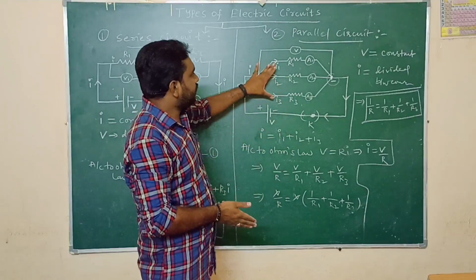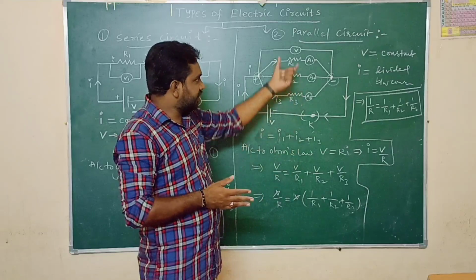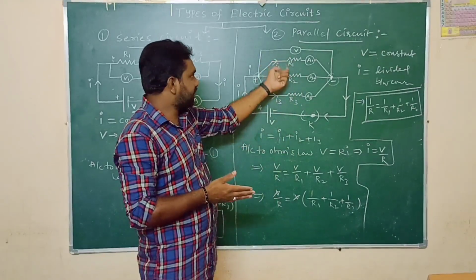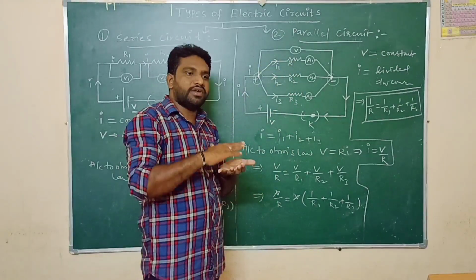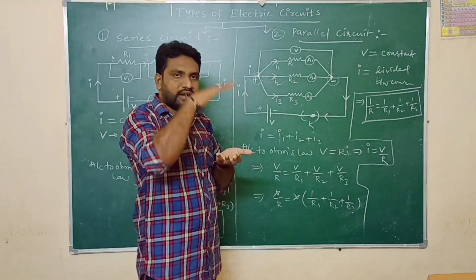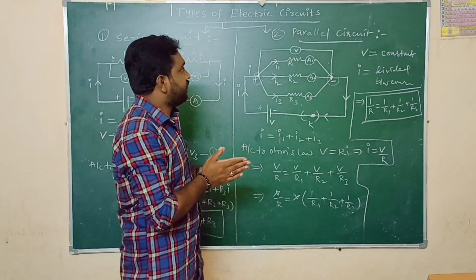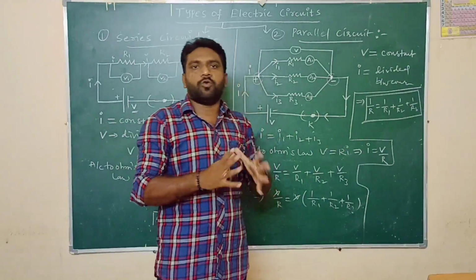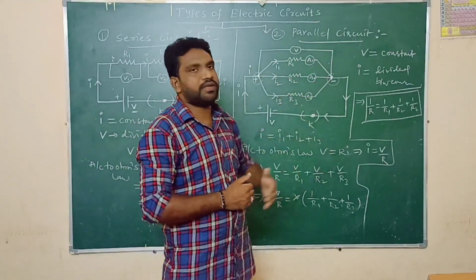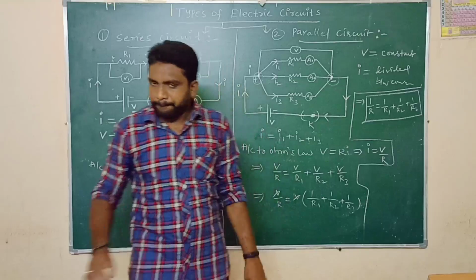reduced. So here, according to the laws of resistance, we know that when the cross-sectional area is more, if we connect the resistors in parallel, the cross-sectional area of the total conductor is increasing. So when the cross-sectional area is increasing, the total resistance of the circuit is decreasing. So that's why if we connect the resistors in parallel, the total resistance of the circuit is going to be decreasing. So that is the reason for that. Okay. Now we will see.